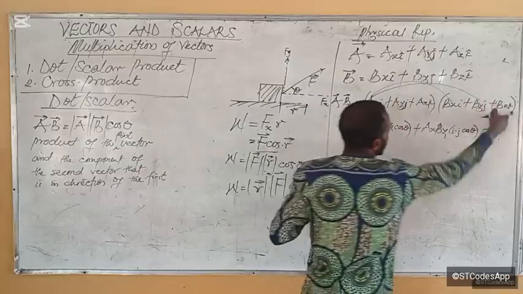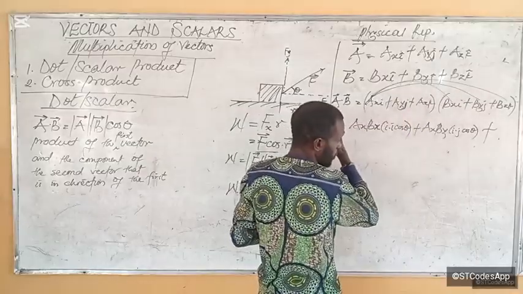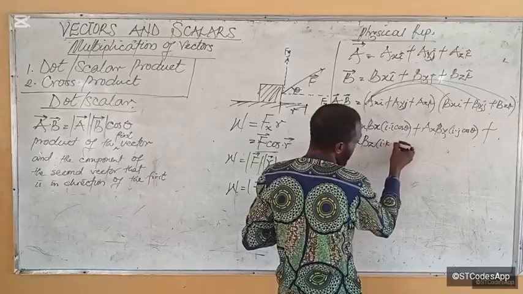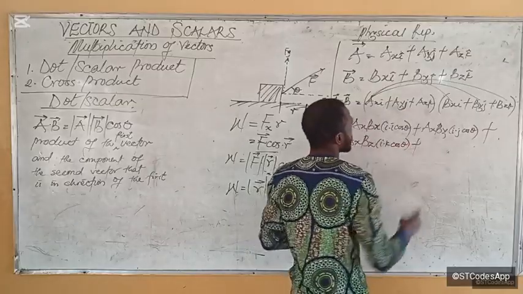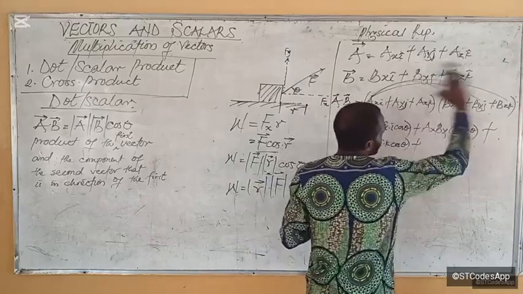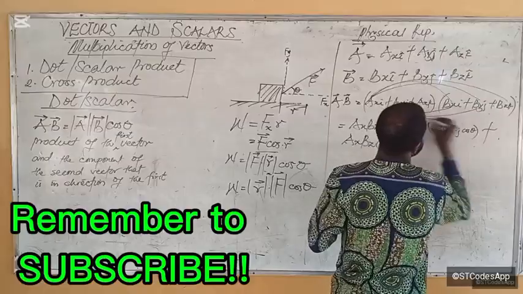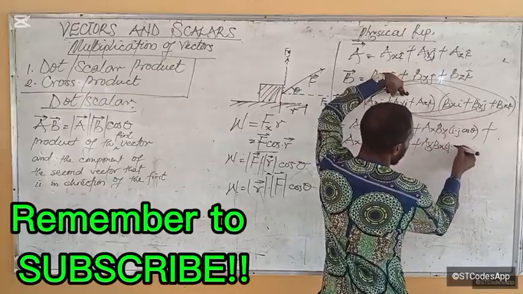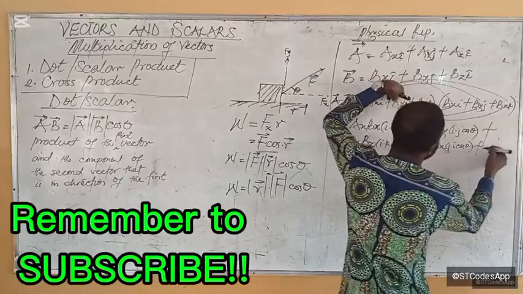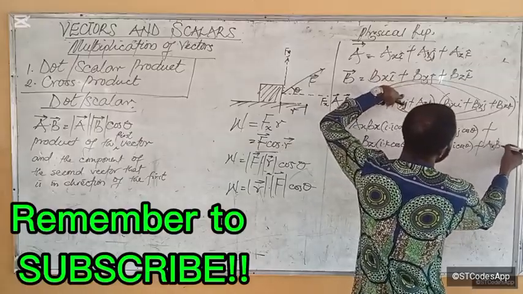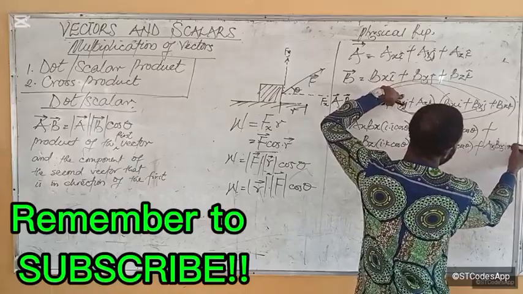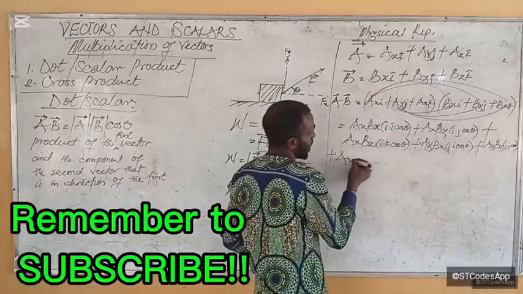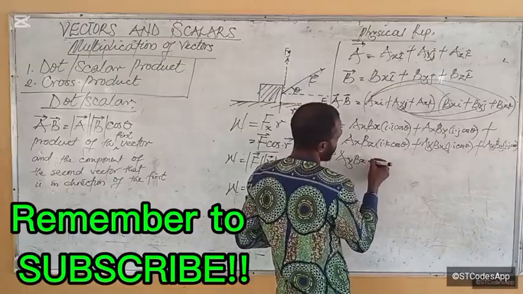plus this guy times the third guy. That becomes AxBz, I dot K cos theta, plus, now this guy has multiplied everybody here. This guy now multiplies everybody here. This times this times this times this. That will give us AyBx J dot I cos theta, plus AyBy J dot J cos theta, then plus AyBz J dot K